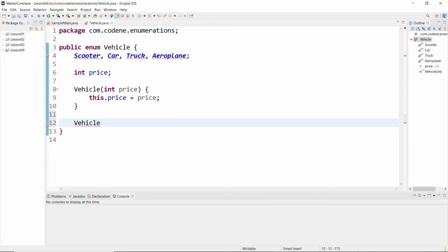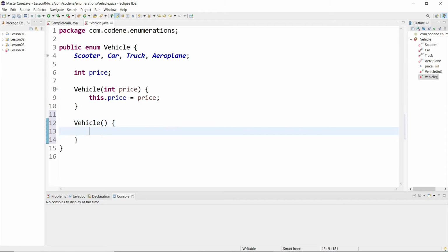See, here we had taken one argument, right? Instead of that, we can have one where, when no argument is passed, the price will be -1 by default. So as you can see, currently all four constants will have price -1.